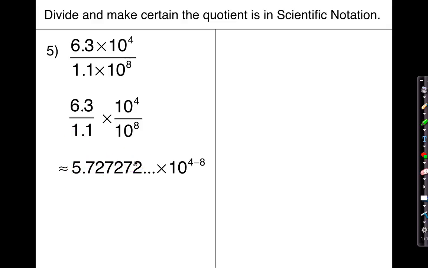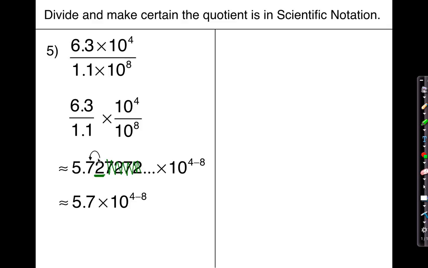5.727272. So here, now again, because it's going on forever, I would hate for you to keep dividing over and over. What I want you to recognize is, hey, this is 5 point something. That's definitely going to fall within the correct range that I want. So all I really need to do is go up to the hundredths place. So essentially, I would want you to stop right here, because you wouldn't need all these extra digits to round, because this 2 is what's going to tell me whether or not the 7 is going to go up or stay the same. Since 2 is less than 5, we're actually going to go ahead and keep it as approximately